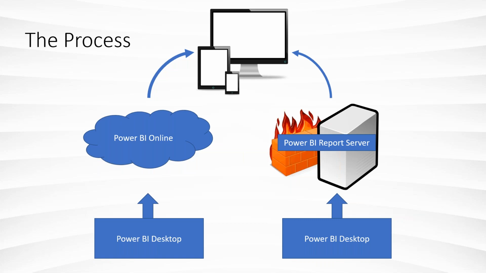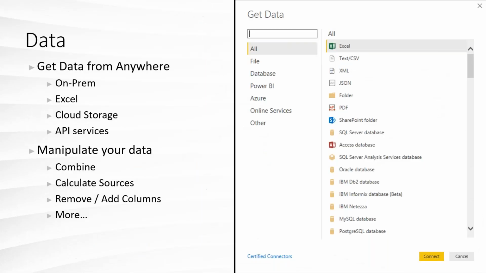Now, we talked about you could get some data from places. Well, what do you mean I can get data from places? Are you saying it's only a Microsoft source, or maybe just Excel, or maybe I can get it from SharePoint? Those are all owned by Microsoft. No, we're saying you can get data from anywhere. And when I say anywhere, I mean